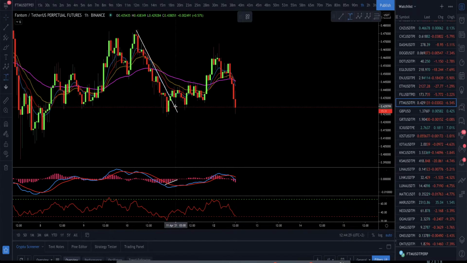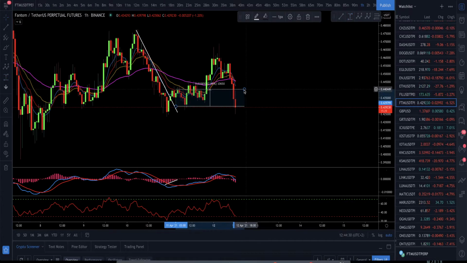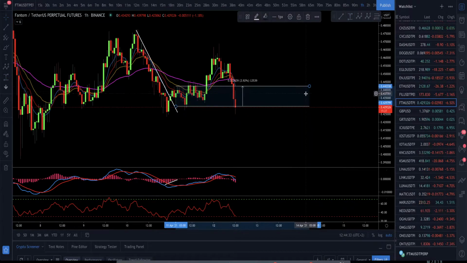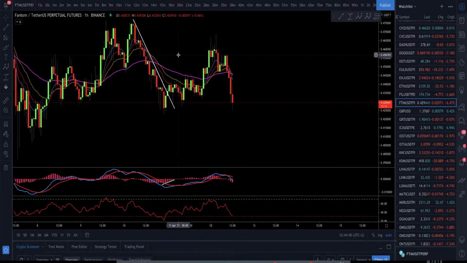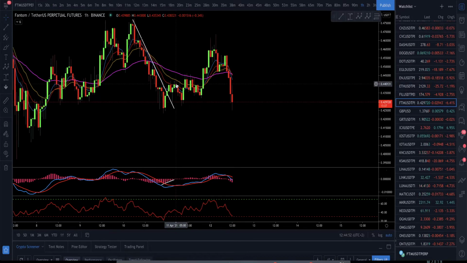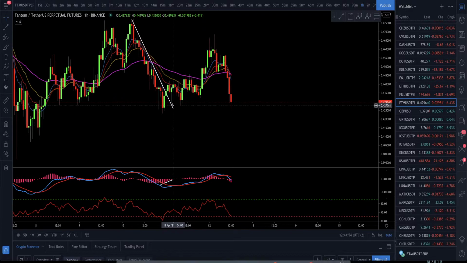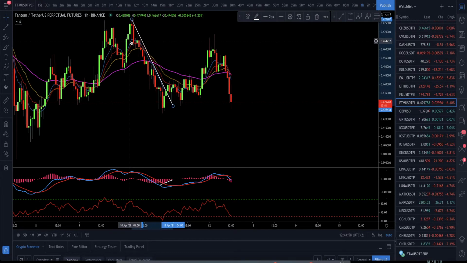In this case, if you enter the trade here, you can make 3% like that. It can be more, sometimes it keeps going and sometimes not. But I always use a 1-to-1 risk reward ratio. So for me, as a scalper day trader, I take the trade here and close the trade here, and then situation one is done, and then again